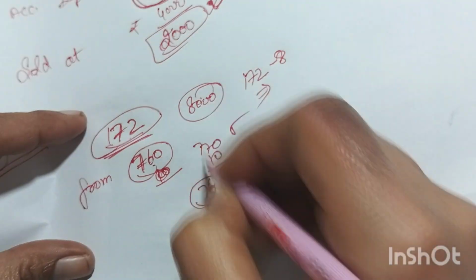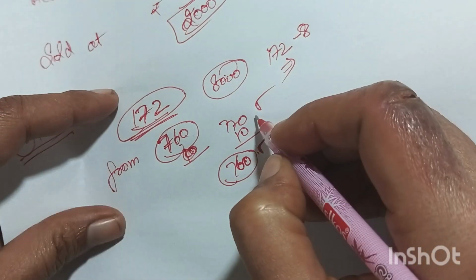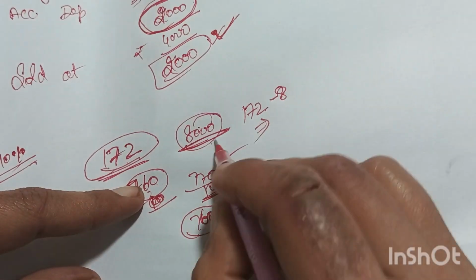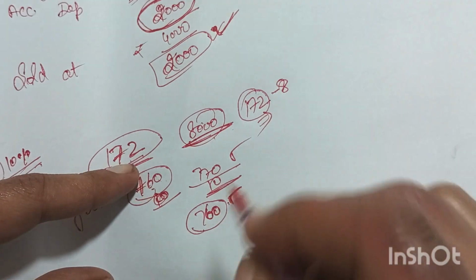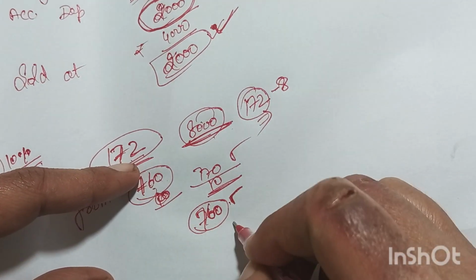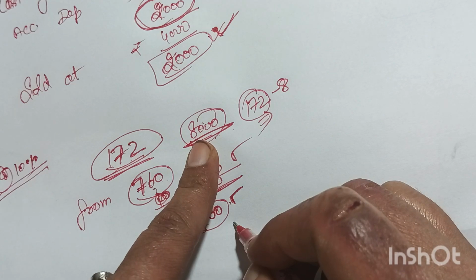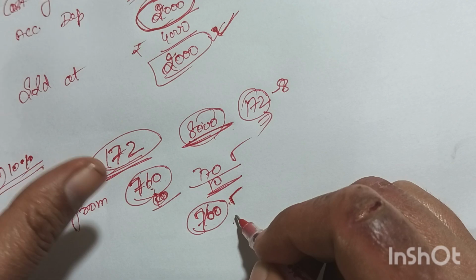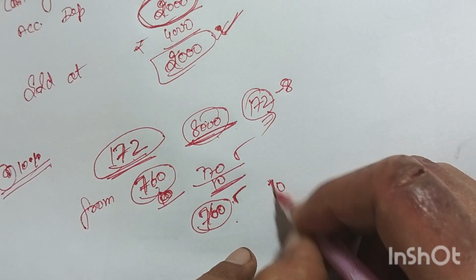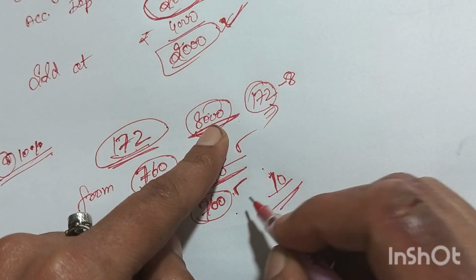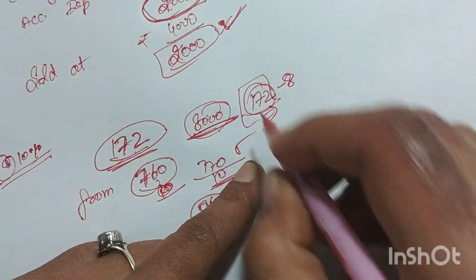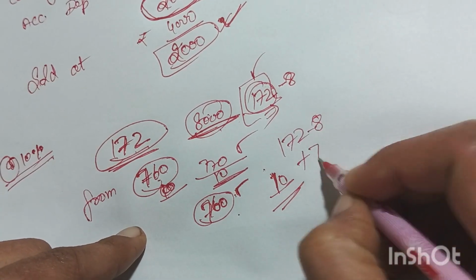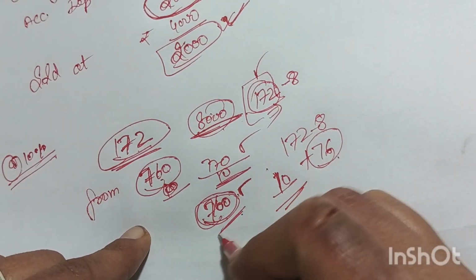We are dealing with it separately: we are reducing 10,000 from the cost, and we are reducing 8,000, that is accumulated depreciation, from the total depreciation, okay. So we will consider the current year depreciation on the amount remaining after deducting this cost, this separate machinery which we have sold separately. That's why we have reduced the 10,000 from the 770 and 8,000 from the 172, that is a total provision for depreciation, okay. So total depreciation is 172 minus 8 plus 76, where 76 is 10% on the 760 amount, okay.